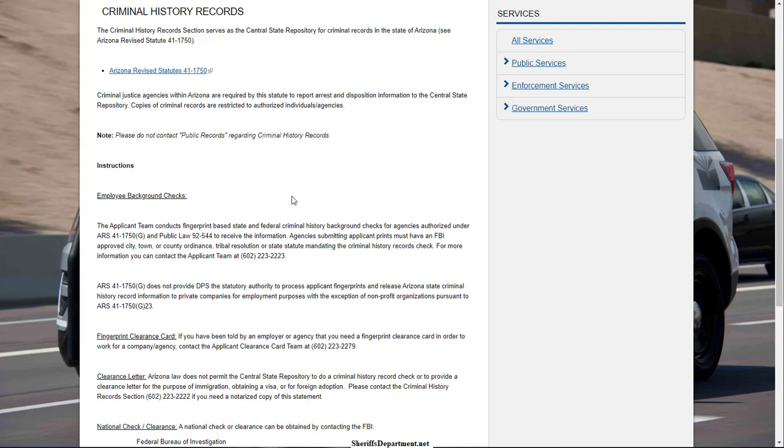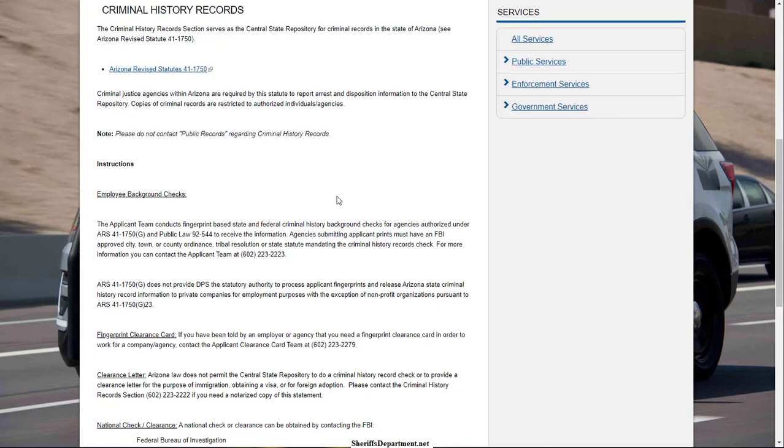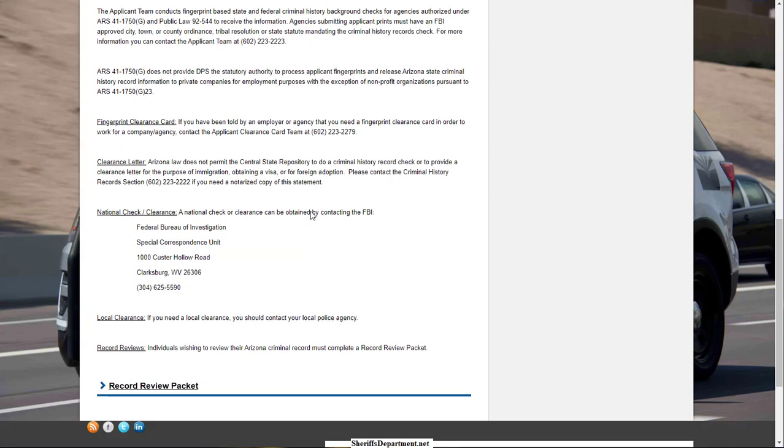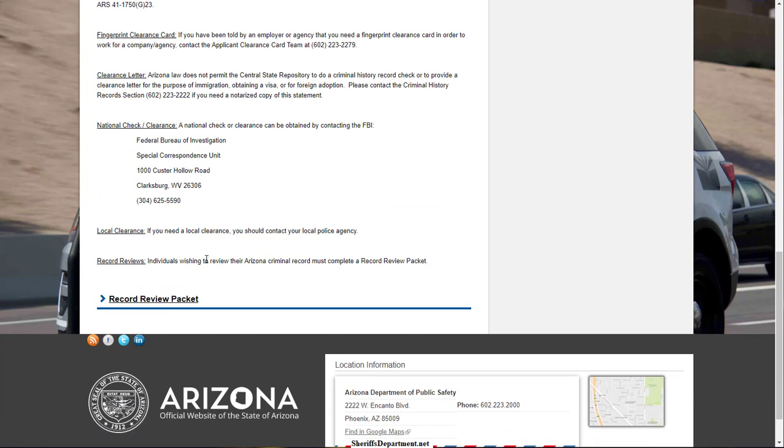If you're trying to look up a date or a nanny, you might not want to necessarily go through all the paperwork that is required, but it depends on the situation and what the background check is for. So in this case, they do have special forms that need to be submitted. If you're doing a background check on yourself,